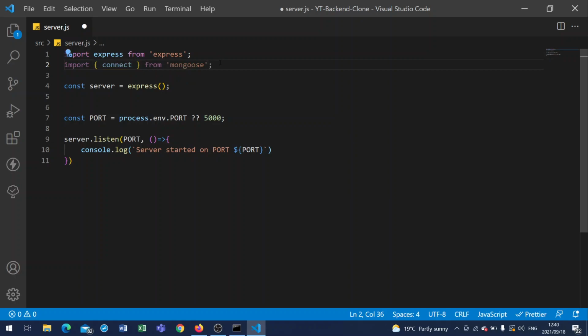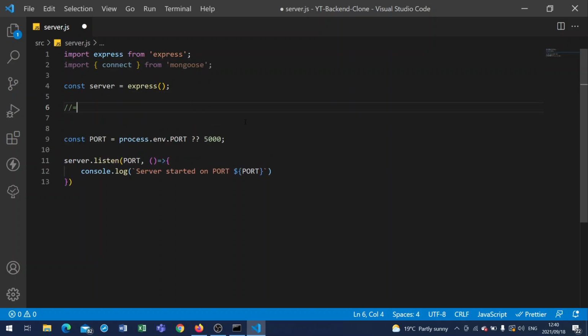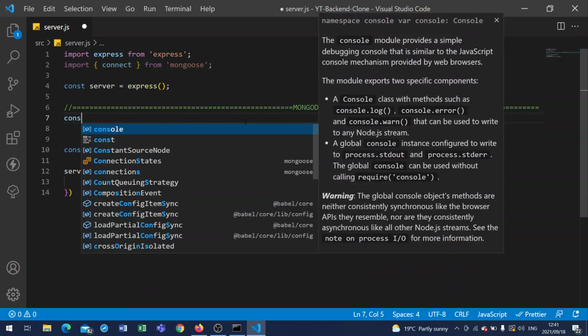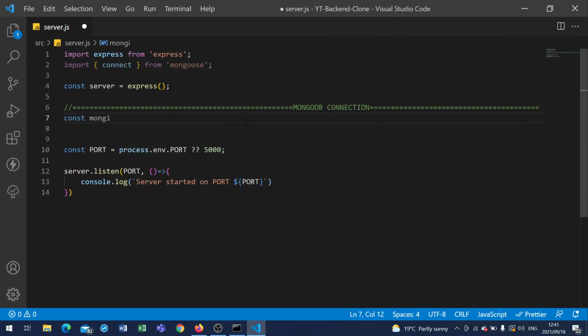And then once we do that, I can come in here and say MongoDB connection, and then we'll open that up like that, and then I can come in here, say const MONGO_URI